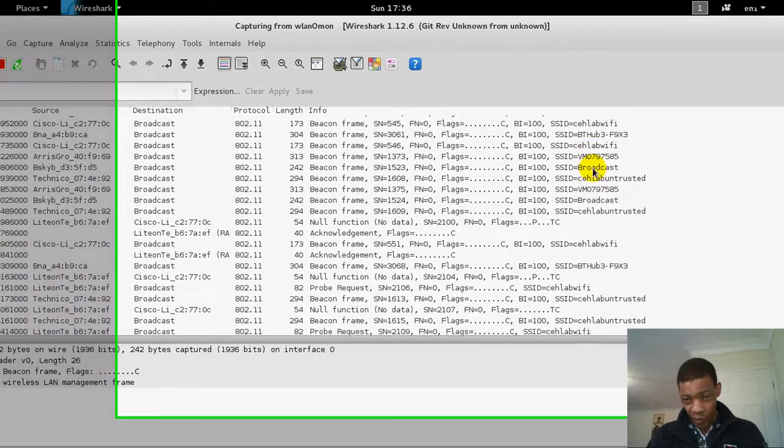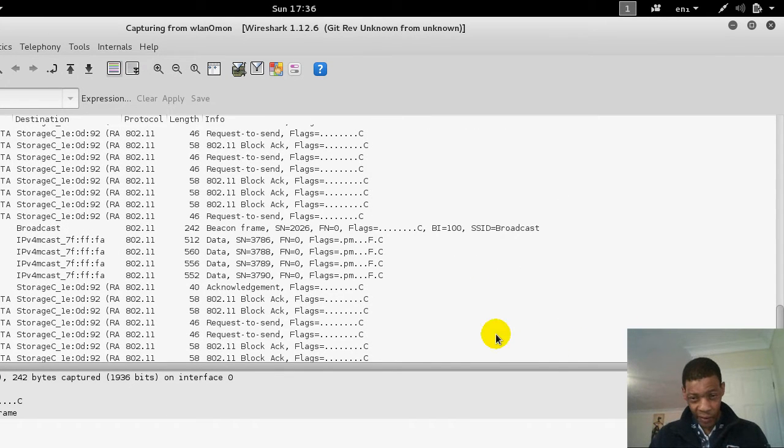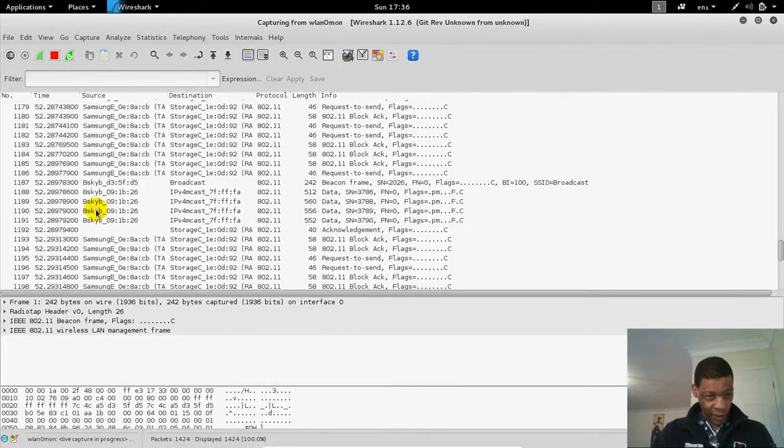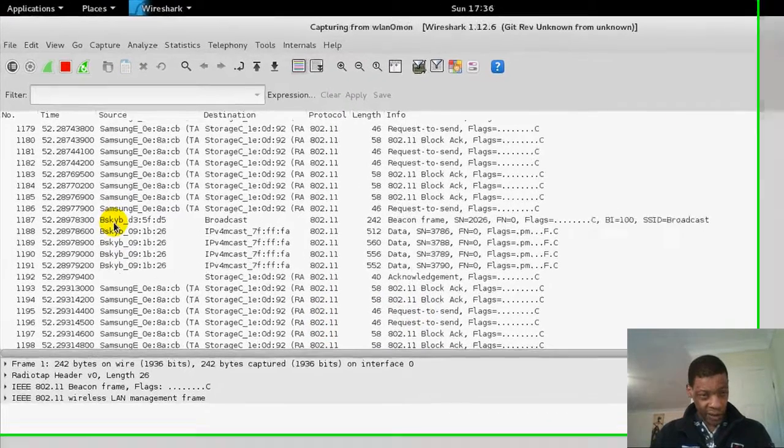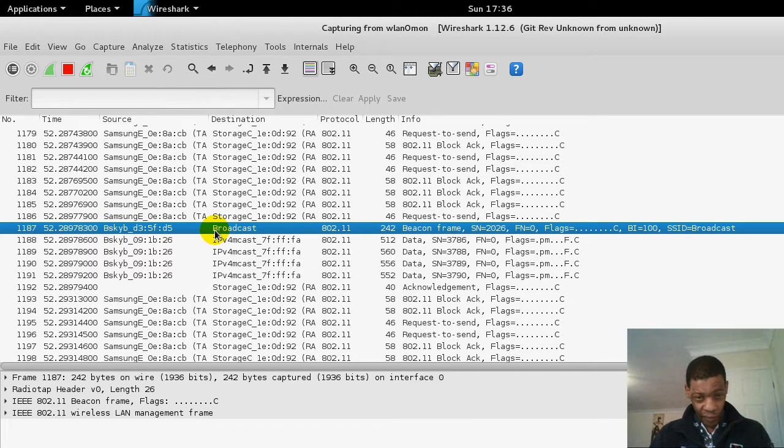Now if we look this side, we want to filter them. Now as you can see here, this is the source which is interesting, BSkyB. Now BSkyB, that's the one we are looking for,